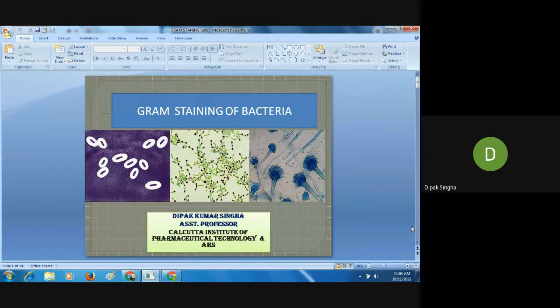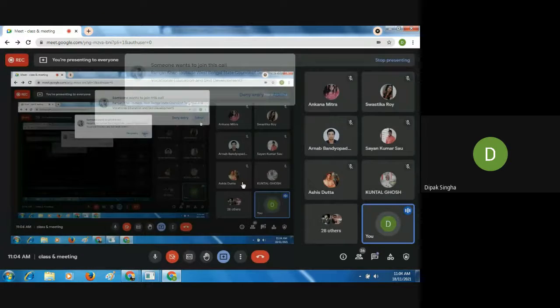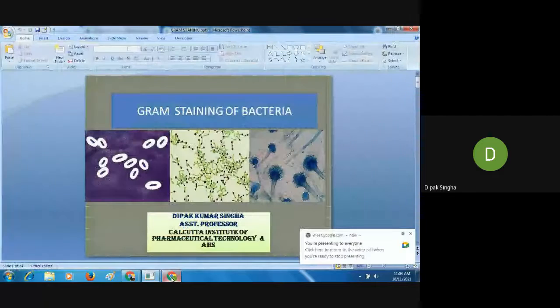But another type of bacteria, like acid fast bacteria, for example Mycobacterium tuberculosis or Mycobacterium leprae, cannot be identified by this staining procedure. Another procedure is available for that, the differential staining method. The first differential staining method.